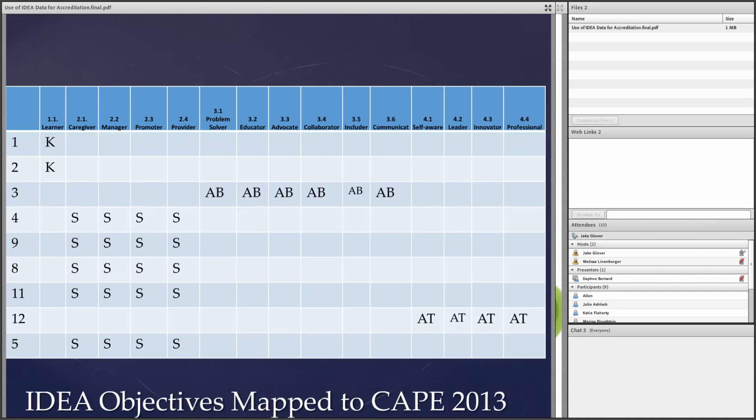really, really clear to you guys why IDEA is so important to what we do in the College of Pharmacy. If you look to your left, you'll see numbers 1, 2, 3, 4, 5, 1 through 12, but I cut out some of them, I'll tell you why. The numbers on the slide indicate the specific IDEA objective. If you look at the numbers on the top,